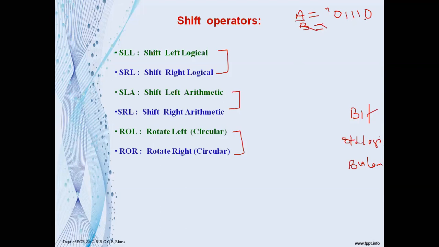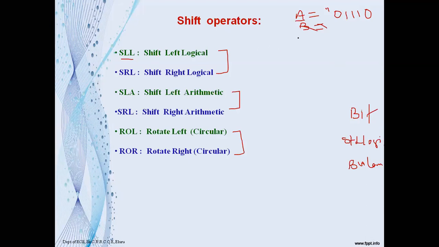It is a vector. So now if you perform the shift left logical, the bits are shifted left. And here another point is that along with the operator, what is the operator here? SLL, shift left logical, is an operator. Along with the operator, we have to specify an integer number which indicates by how many bit positions the operation is to be performed, shifting either left or right.